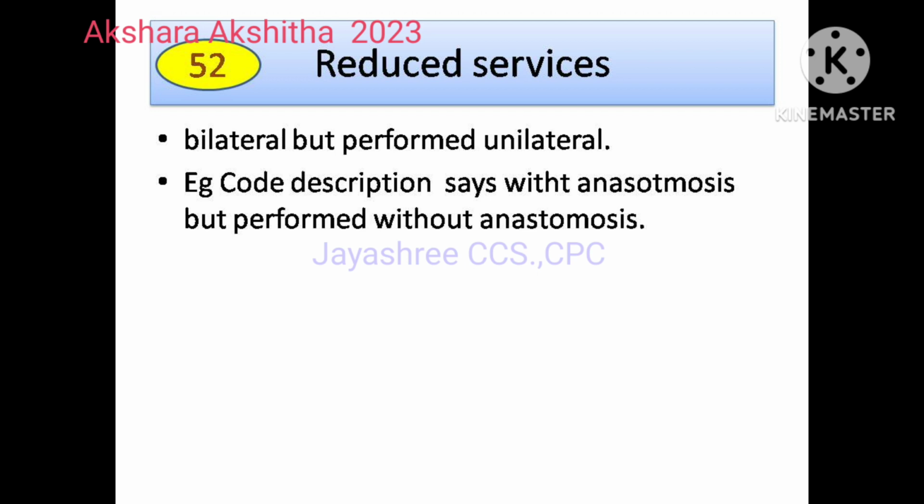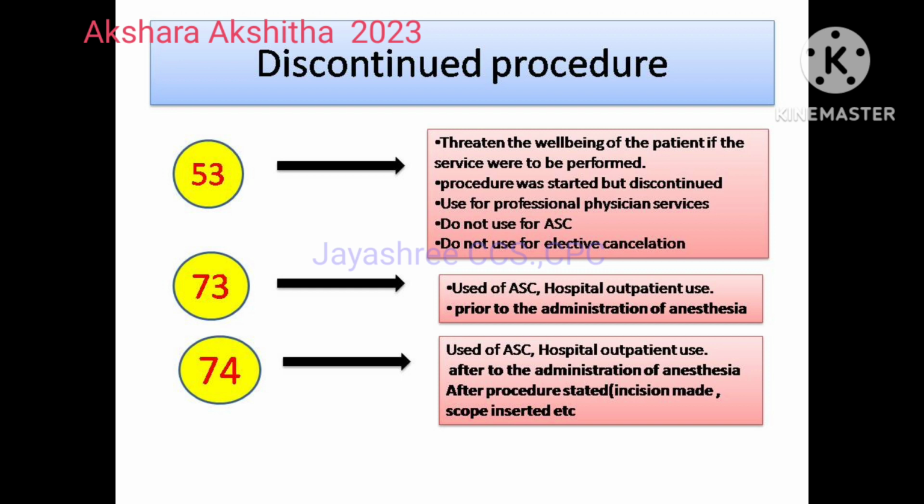Okay. The next modifier set is discontinued procedure. For discontinued procedures, there are 3 modifiers: the 53 modifier, 73 and 74 modifier. I am going to explain these 3 modifiers together, then only you will be able to understand. Okay, the 53 modifier is